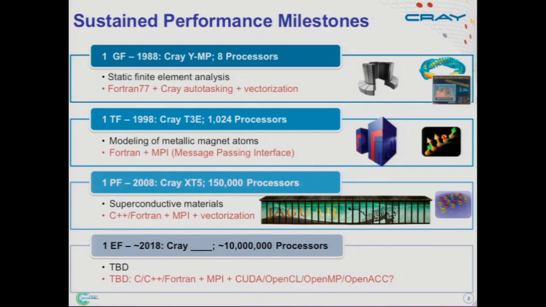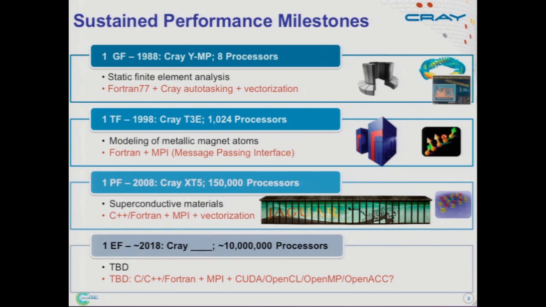So that first gigaflop was written in Fortran 77 plus Cray autotasking and vectorization, which are essentially ways of getting the compiler to implement parallelism for you, primarily around loops and things like that. And then we had this mode change that occurred, and that's the world we've been living in for the past few decades, where message passing was introduced when we went to the teraflop. So that was the first time that MPI came into the picture, and that's pretty much, as you've heard this week, been the de facto standard for most parallel computing at large scale ever since.